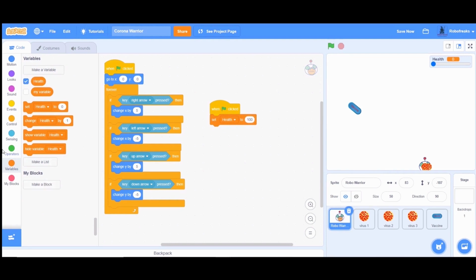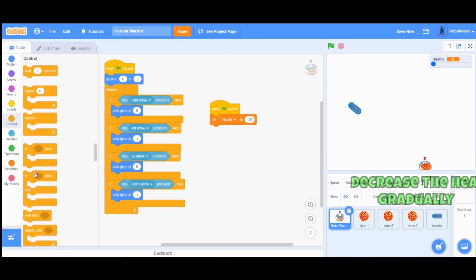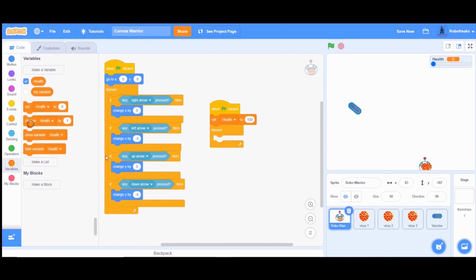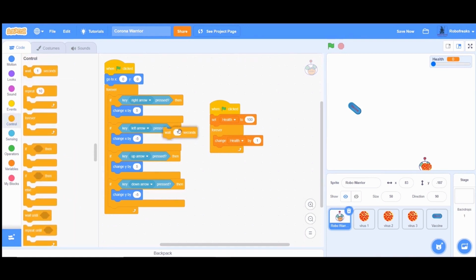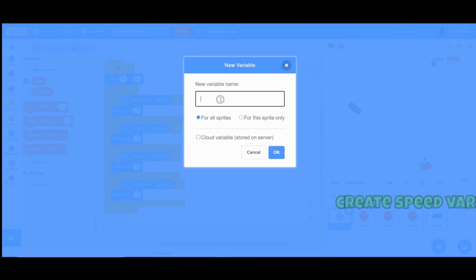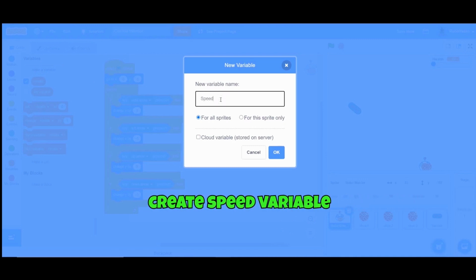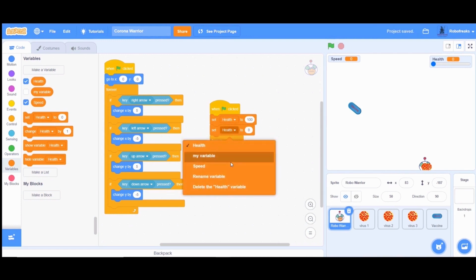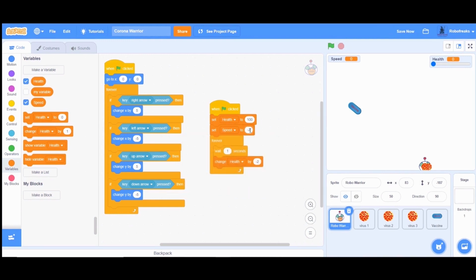And since our game's environment is contaminated, the health will gradually decrease as time passes. Normally, the health should decrease by a small amount, but if the warrior touches the virus, the speed should become faster. To do this, I will create a new variable called speed. Initially, this will be -2, meaning health will decrease by 2. Put this variable here also.